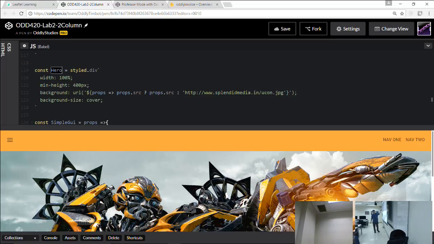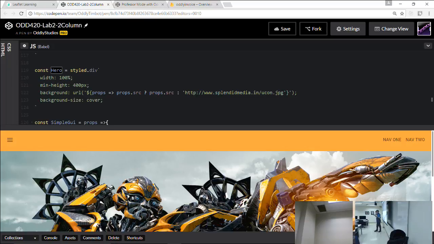Because I'm using this little ternary operator we learned about to say, if there's a source prop, use that. But if not, here's a default image you can use. And that image is just like an under construction. The other trick here is setting the background size to cover, right?